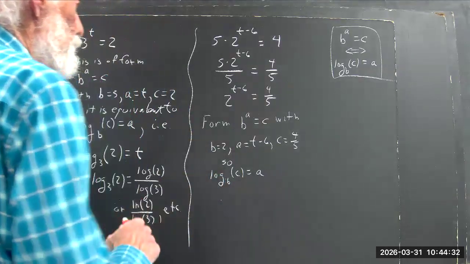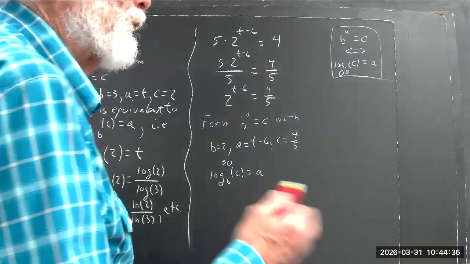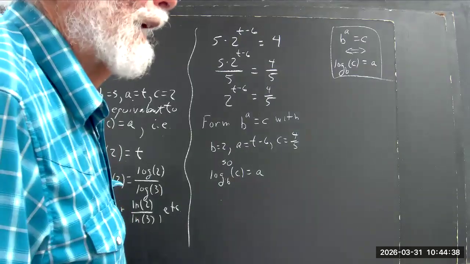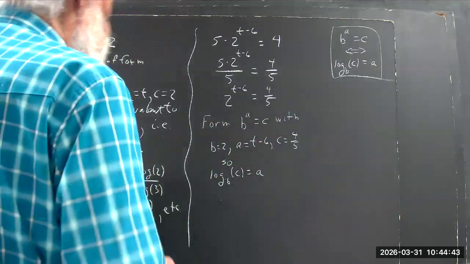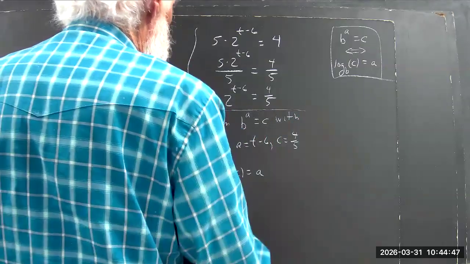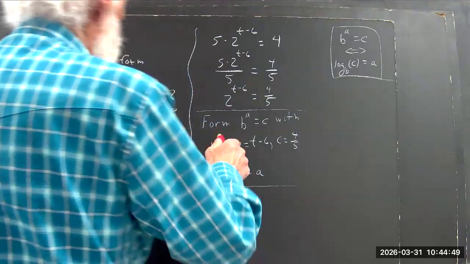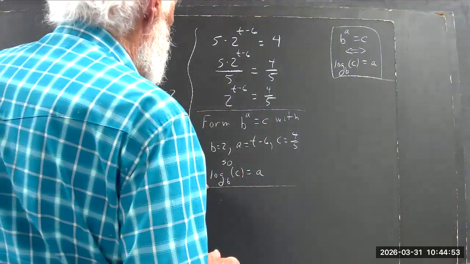So you write this out, and I say that, and almost nobody ever does it. Okay. Those who do almost always make high grades in the course because they have that work habit. And they understand what it takes to learn something. Okay. Form b to the a equals c. Okay. That means